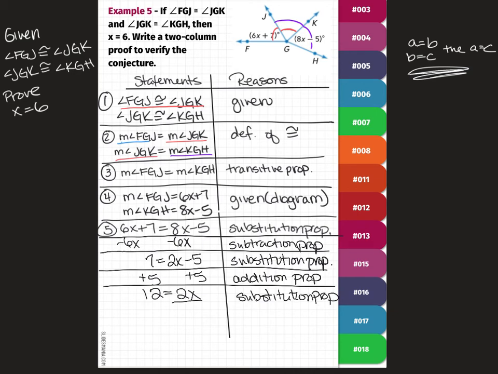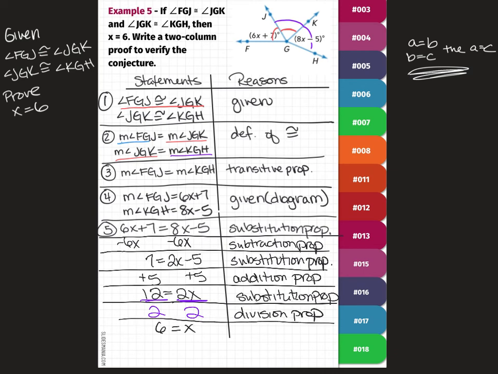I'm going to next divide both sides by 2. The division one is always kind of difficult to write unless you're going to just rewrite the whole thing. And so then that's going to be the division property. And then lastly, or not lastly, almost lastly, but now I'm going to have 6 is equal to